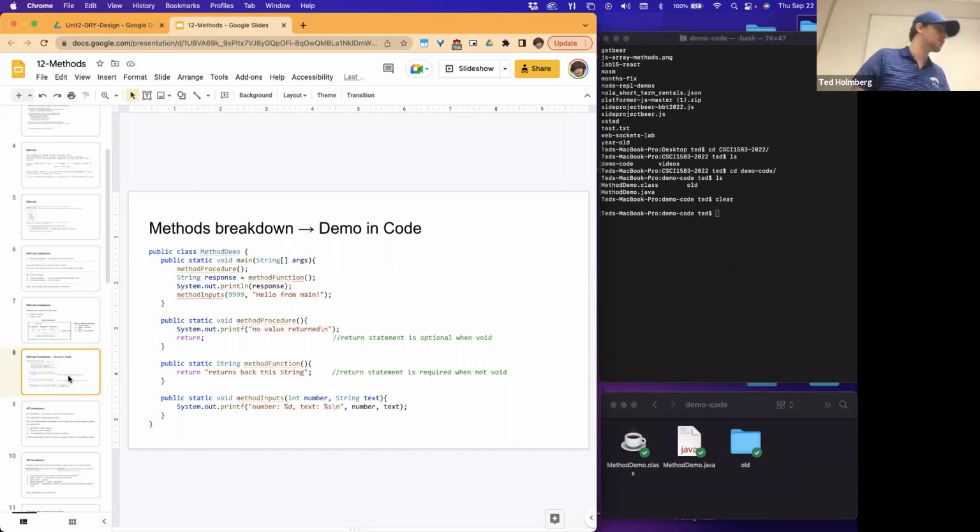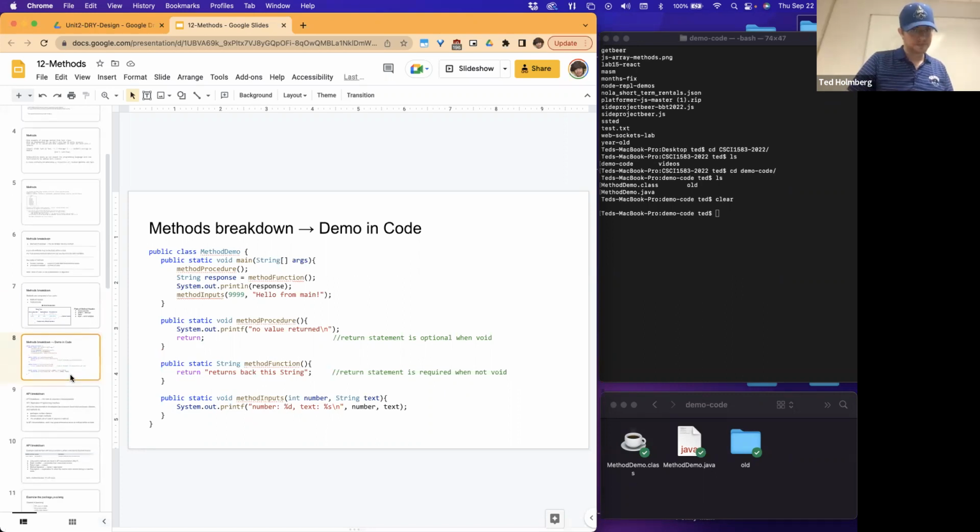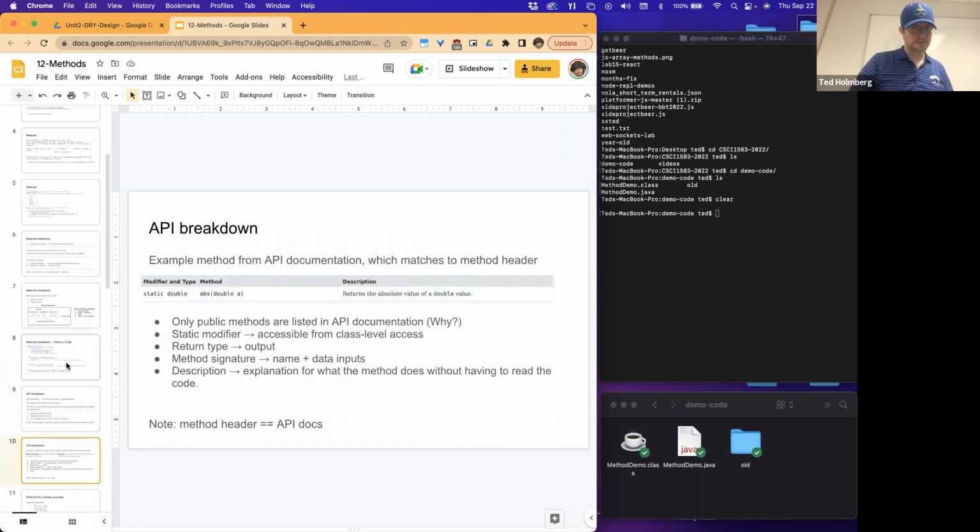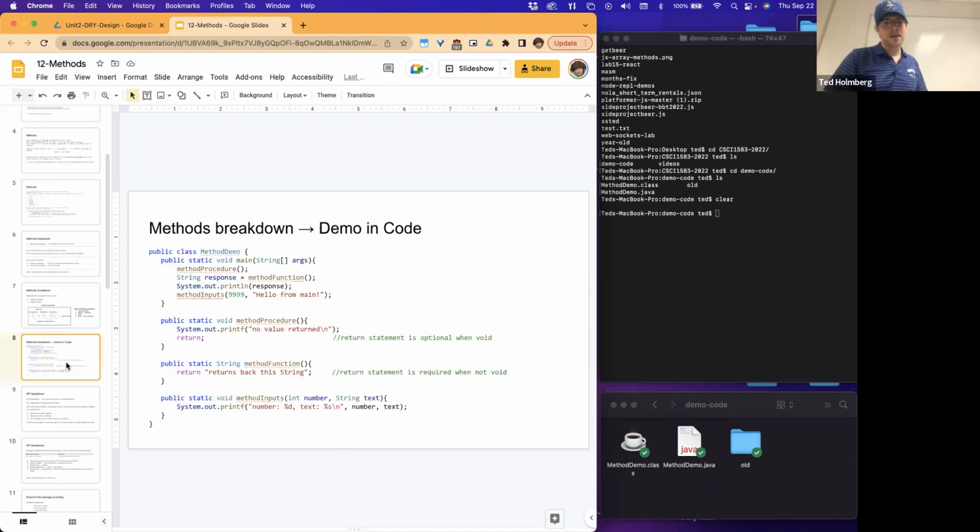Okay, so here we go. We were at the list of modifier and type, method, and description. So I think that's probably where we're at. Okay, and then we did this. I know for a fact we did the sample code. So I'm not going to walk deeply into this, because if you need a recount of this, you'll get it in the video when I post it later today. So I will skip this